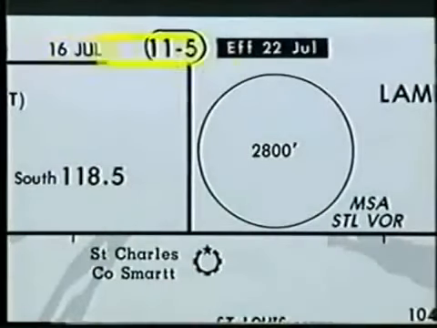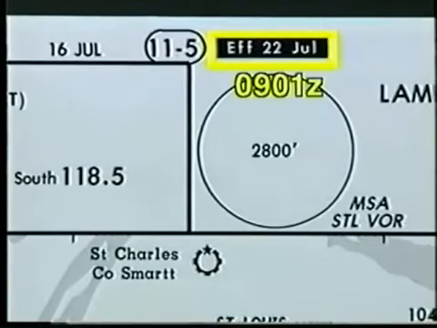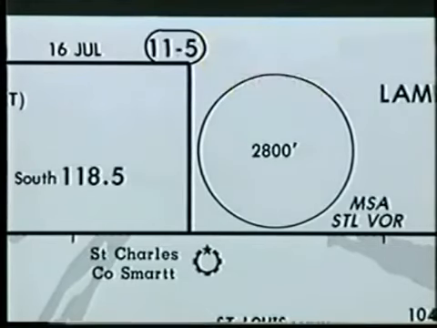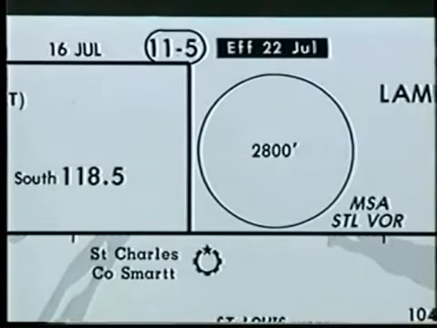The chart revision date and the effective date are shown above the MSA. You should never use a chart before 0901 Zulu on the effective date. If there isn't an effective date, then the chart is for use upon receipt. The chart index number is listed to the right of the revision date. This number helps you group your charts in the proper order and enables you to locate a chart quickly for